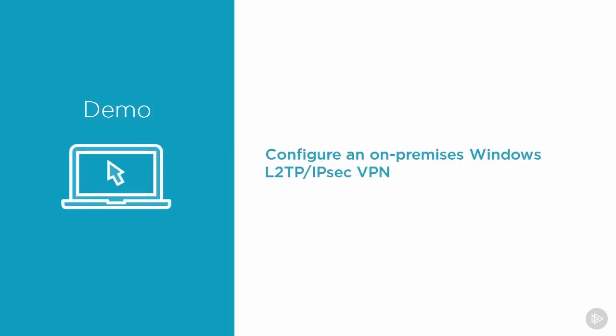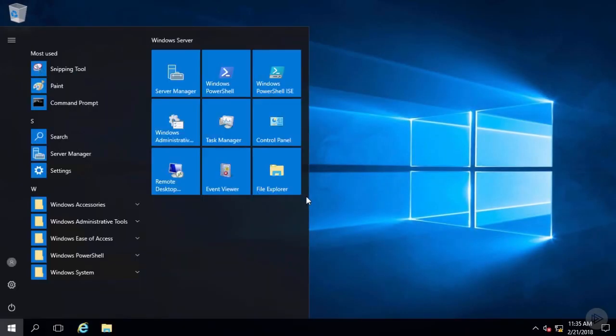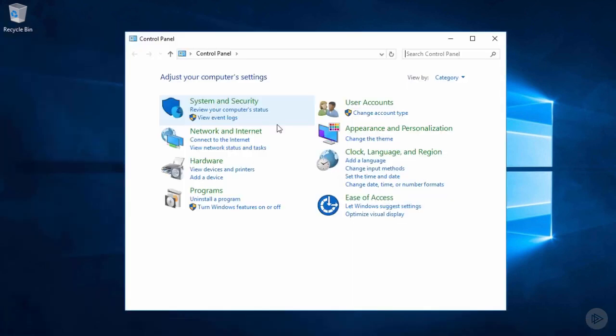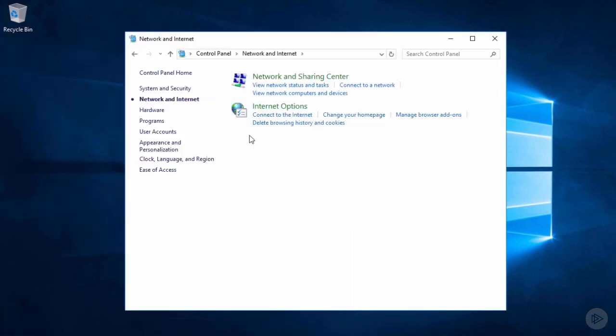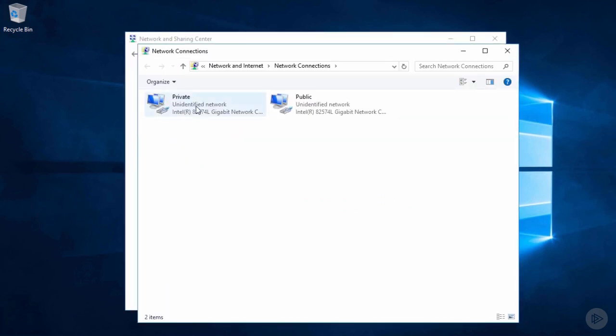In this demonstration, I'm going to configure an on-premises Windows L2TP IPsec VPN. Here in Windows Server 2016, I'm going to take a look at my network interfaces. So from the Start menu, I'll click Control Panel, then I'll click Network and Internet, and then I'll click Network and Sharing Center. On the left, I'll click Change Adapter Settings, and I have a private and a public network